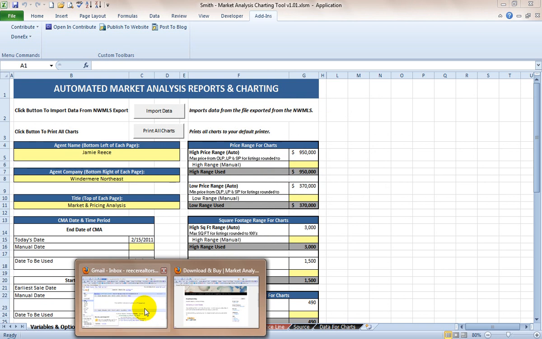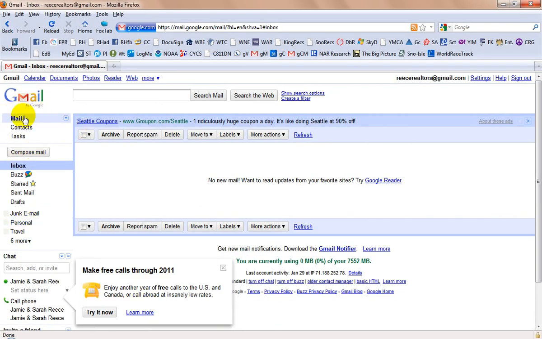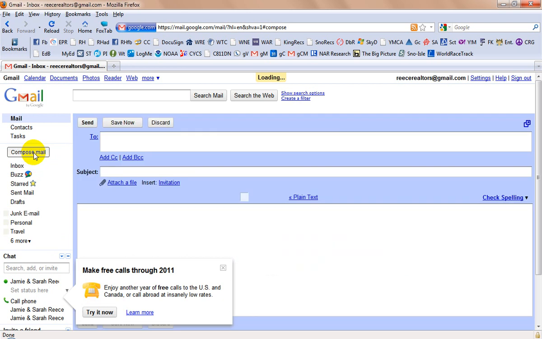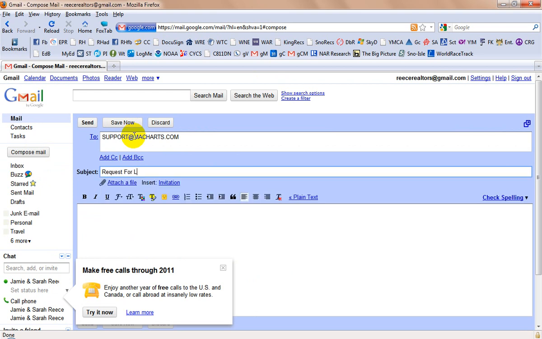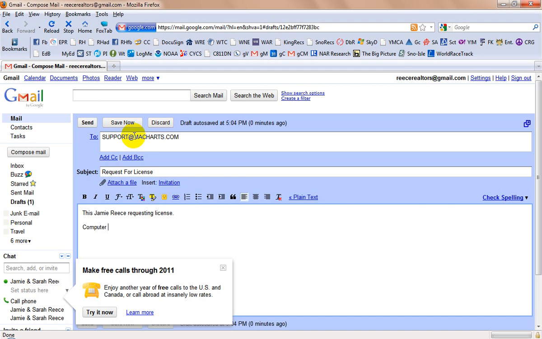And now you just go over to, in this case, I've got a Gmail account to open up here. So I'll just click here and click Compose. And where you want to send it is you want to send it to support@macharts.com. And I would have you just type into this request for license. And if you can type in your name, this is Jamie Reese requesting a license, and then type in computer ID,